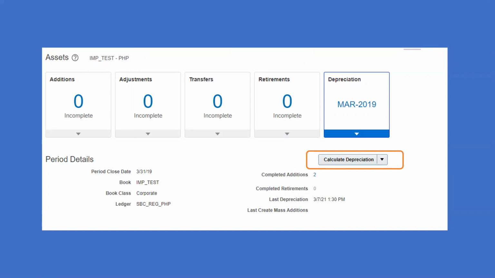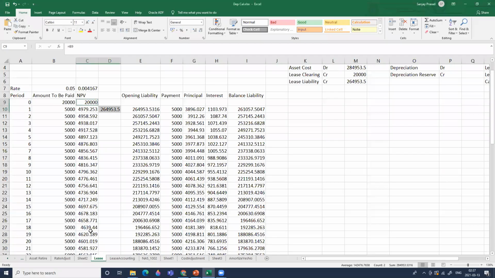Now, just to show the further things, we can do the calculation. What is the next activity? Once the leased asset is created, next we can do the depreciation calculation and other things. Before we go to those things, let us go back to the Excel file to understand more about what can happen.